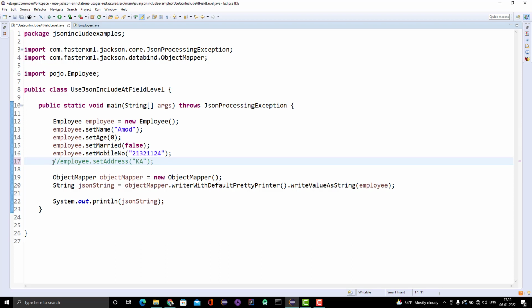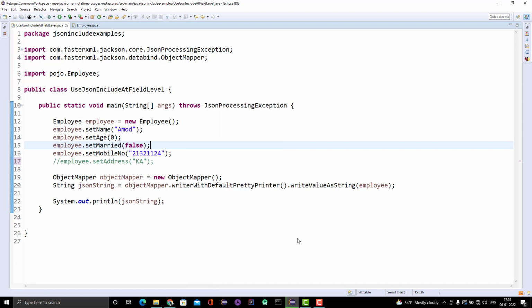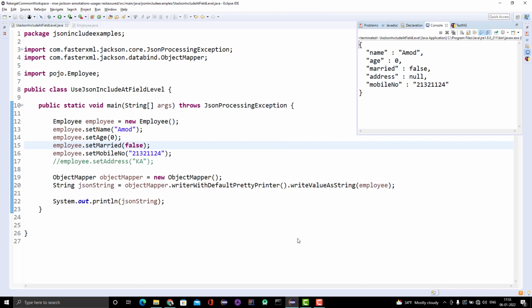When we are not setting the address, it will take the default value, that is null. Let me run this one. You will see that it shows the address as null. We want that if anyone is not setting the value of address, then we should not include it in the JSON. Then we should go for non-null, right?